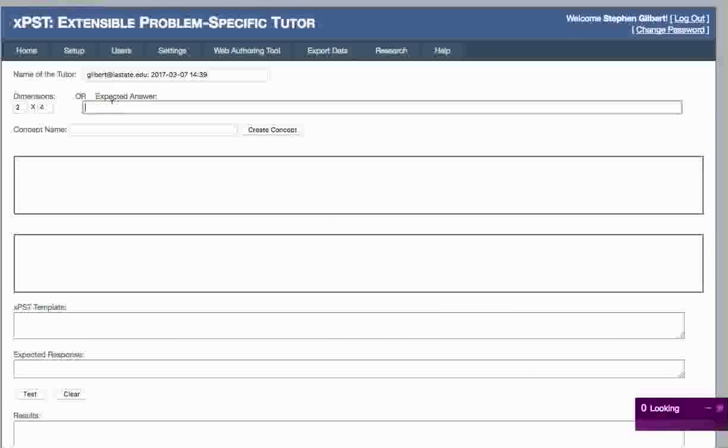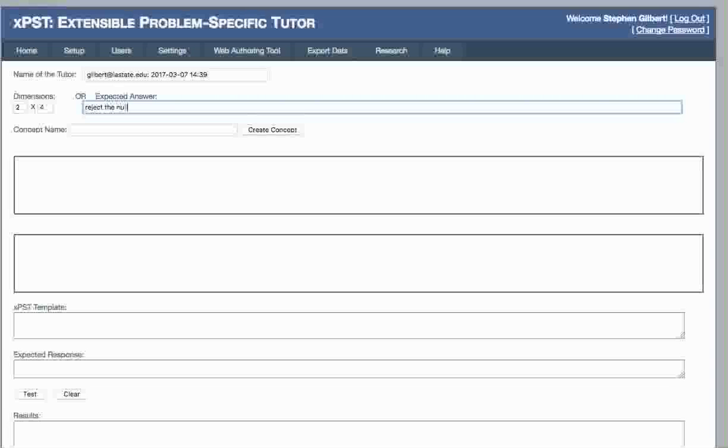So here we are. And let's say that we are tutoring some learners in a statistics course on how to type some answers about conclusions about their data. And we want them to type things like, you should reject the null hypothesis, because there were no significant differences. So I'm going to break that phrase that I would like to have into different pieces, and I'm going to start by saying